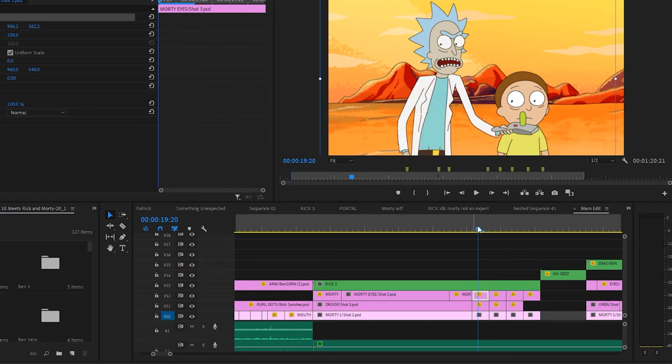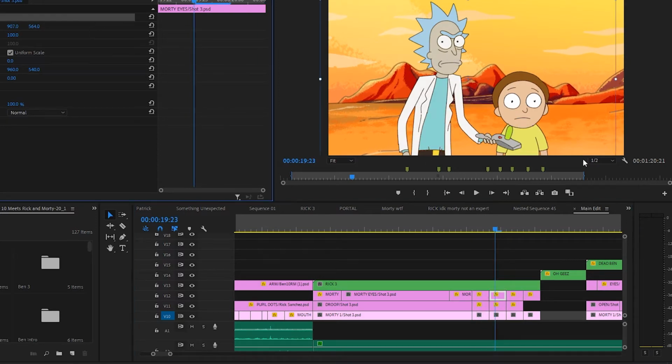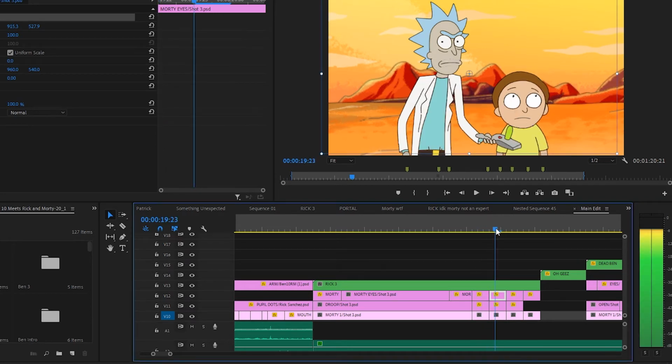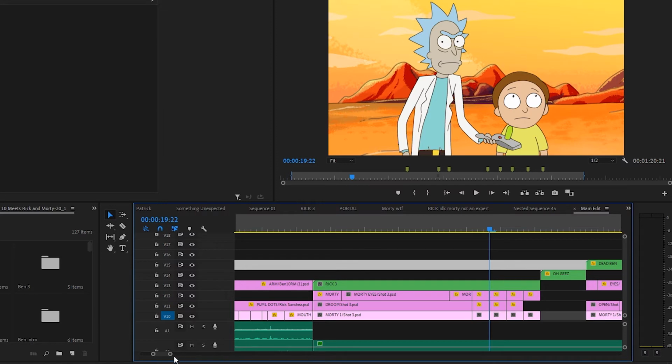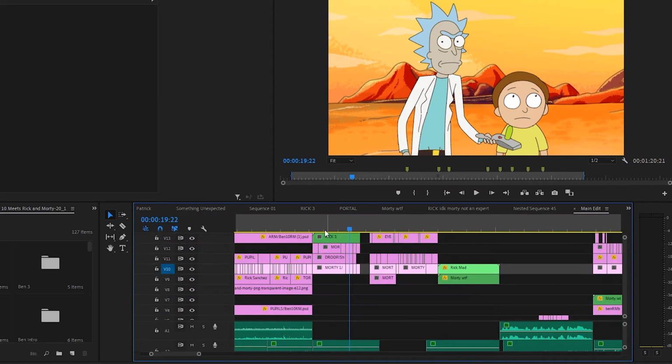Because I'm clicking and creating a cut in the eye layer and moving it for the next layer. So I could put it over here if I wanted to, for the next one. So you see how it kind of just does this. I hope that kind of makes sense. I don't know, I'm just explaining it how it makes sense in my head. To me, having these layers was just really